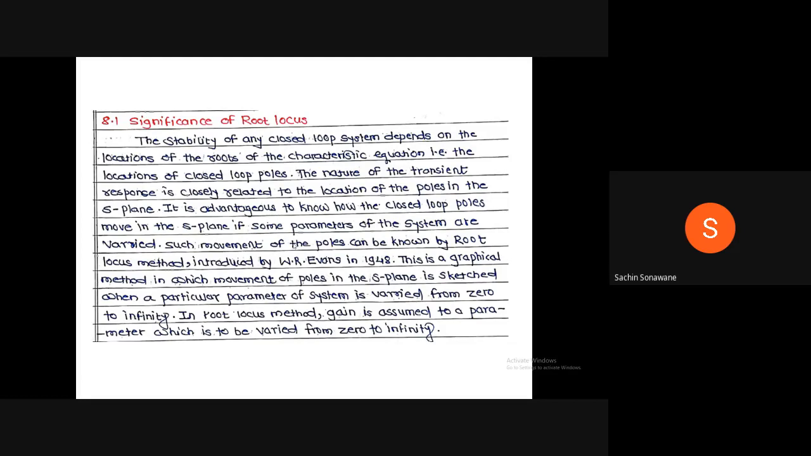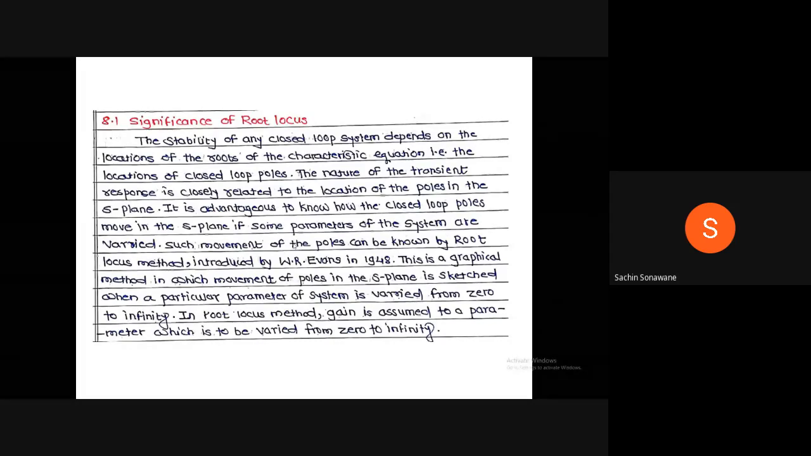The stability of any closed loop system depends on the locations of the roots of the characteristic equation, that is, the location of closed loop poles. The nature of the transient response is closely related to the location of the poles in the S-plane. It is advantageous to know how the closed loop poles move in the S-plane if some parameters of the system